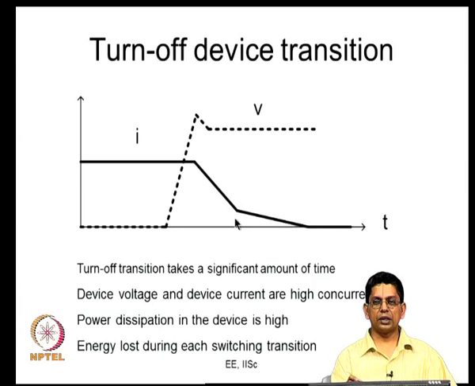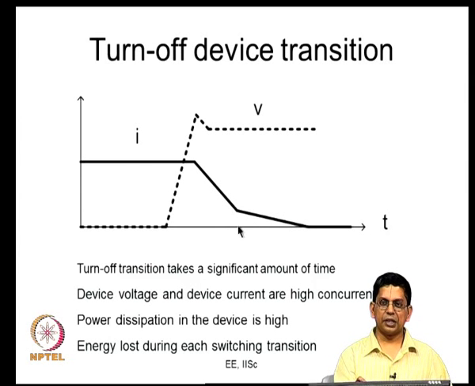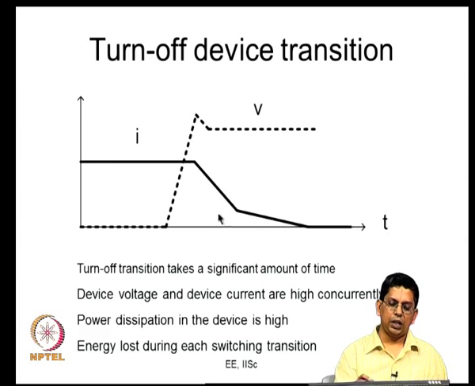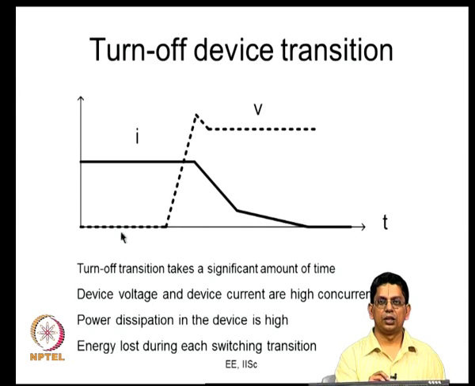The same way you can look at the turn off transition, the device current falls. In this case it is shown to fall rapidly and then it kind of tapers off, sometimes you call this the tail current, and even before the current starts falling the voltage has risen more or less to its final value, and the voltage actually started rising well ahead of that. The gating signal would have been turned off even well ahead of this, which is not shown in this curve, because the gate voltage applied and the actual gate emitter voltage are not shown here. Alright. So, you will have a longer switching interval.